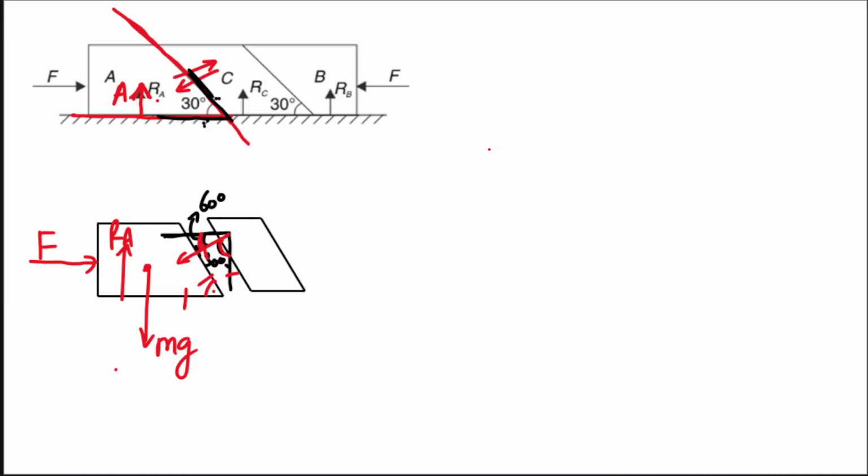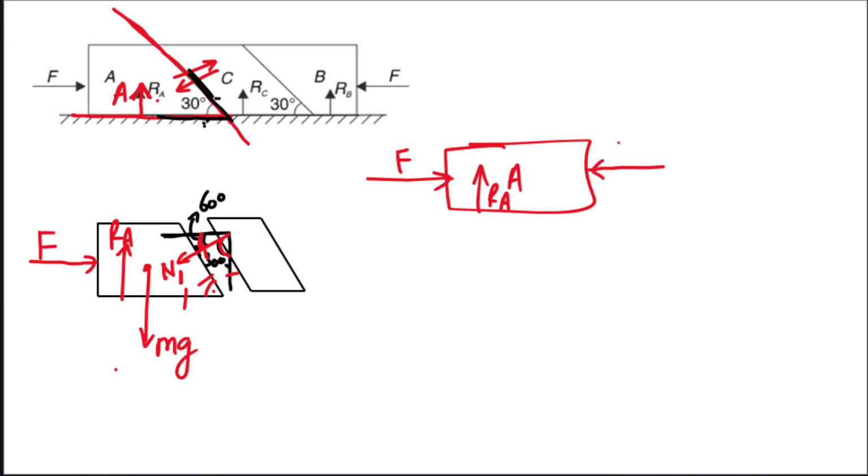Done है. So if you talk about A, on A what are the forces acting? This is F and this is your RA. Now we need to break this, इसको आप N1 ले लो, this normal reaction को, ठीक है. So N1 will have two components, one horizontal, another vertical. Horizontal component will be in this direction and it will be N1 cos 60, ठीक है, and vertical component will be in this direction, right? Yeah, so this will be equal to how much? N1 sin 60, and then there is force, this is mg.